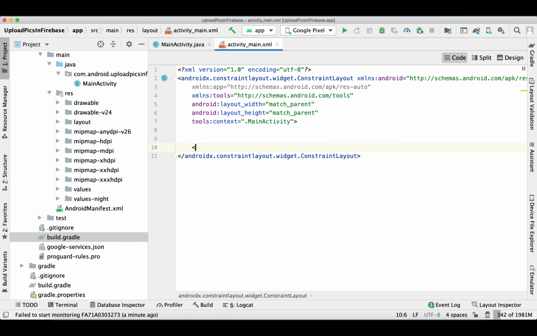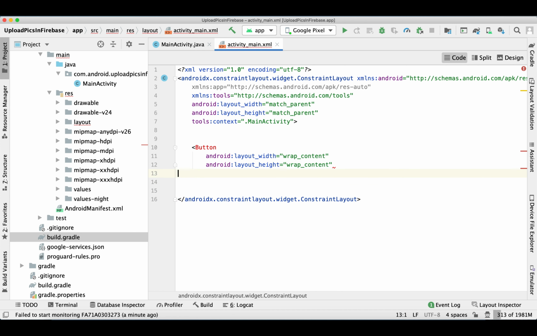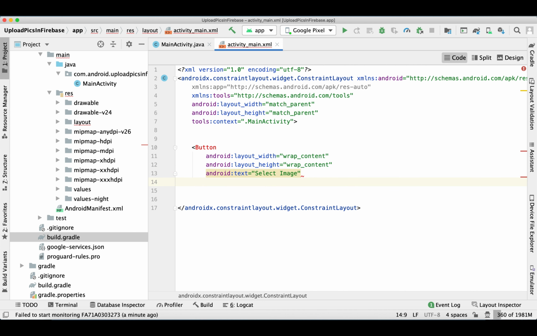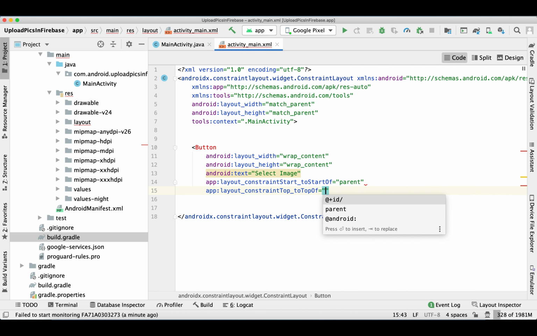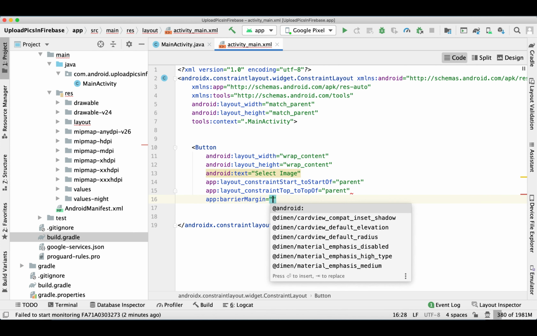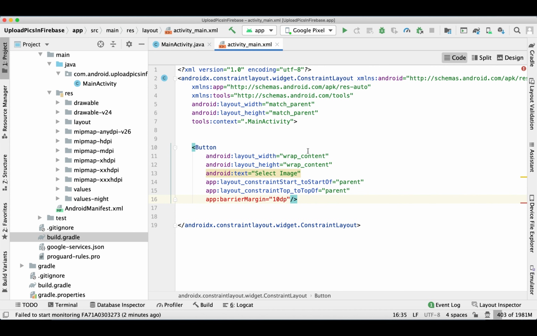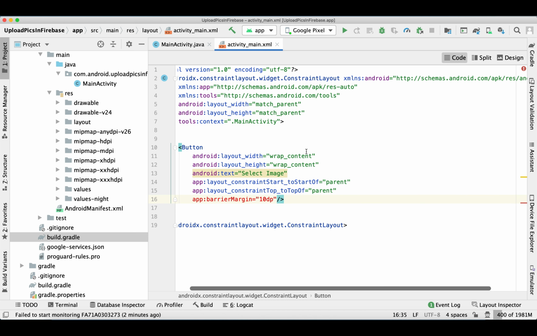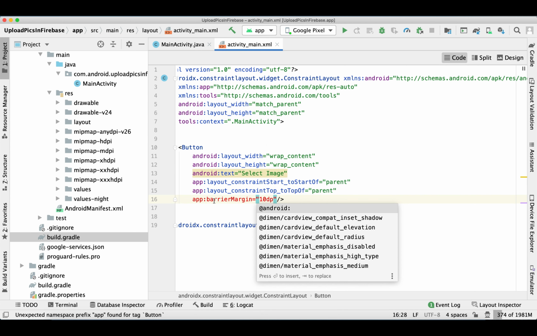Now let's begin with the layout. I'm simply adding one button to select a picture from the gallery or from the camera. I'm keeping this button on top of the screen.